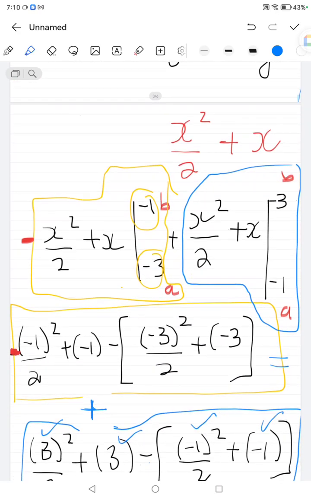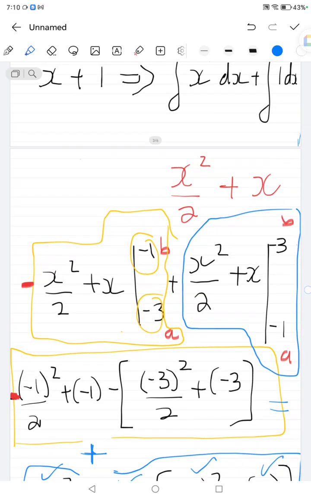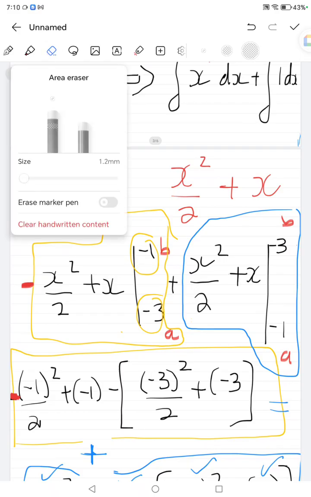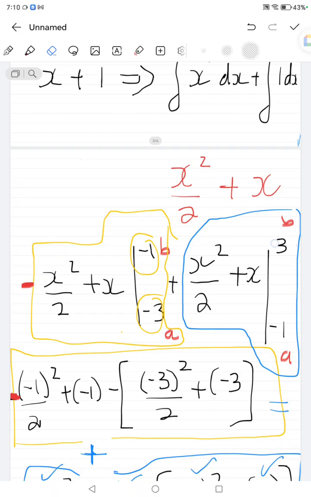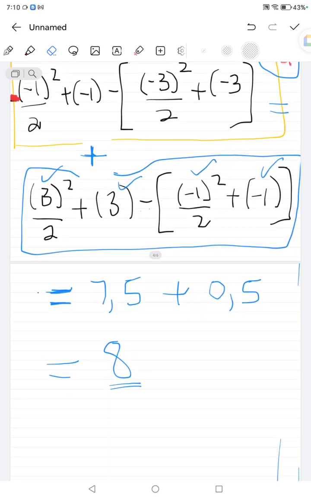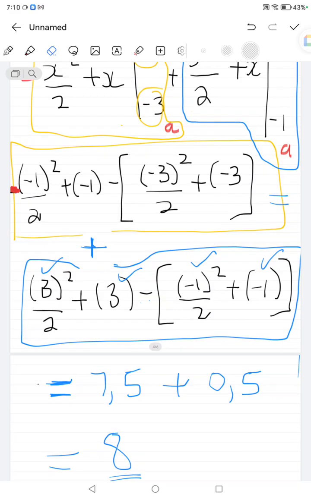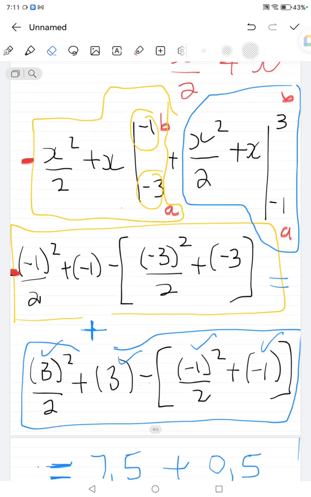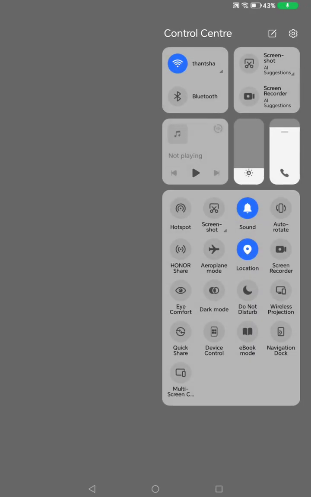So we're going to have it this side. Then we said we have our minus 1 and minus 3. Then the second one, that's between 3 and 1. Which is something like that. Oh yeah, I think you guys will just find the answer for that one, just so that we don't waste